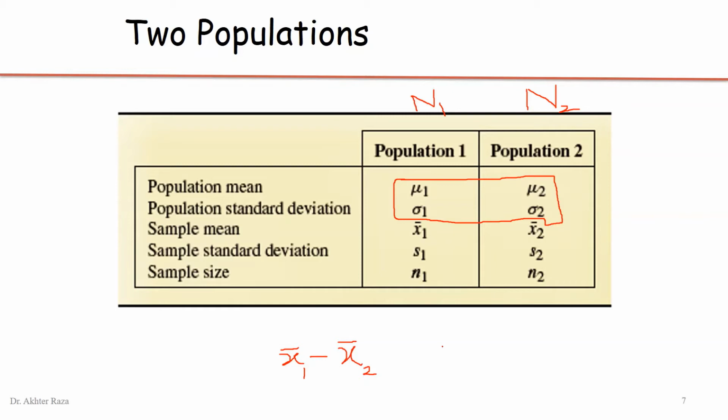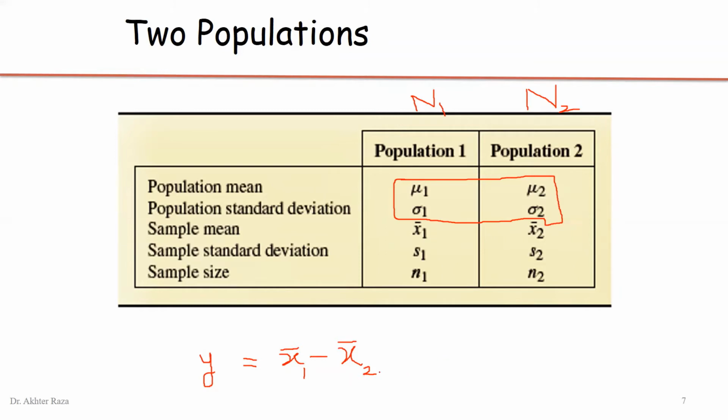So the difference of these 2 means is a variable, and we are going to construct a sampling distribution of this difference. So on the next slide, we have the concept of this variable. So this is one variable. I can assume suppose this variable is y. So we are interested in forming a sampling distribution of y. The sampling distribution of y is actually the sampling distribution of the difference between the 2 means.